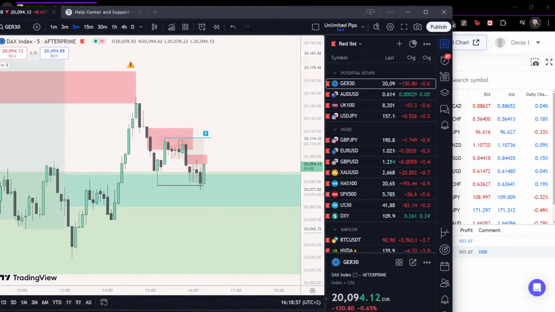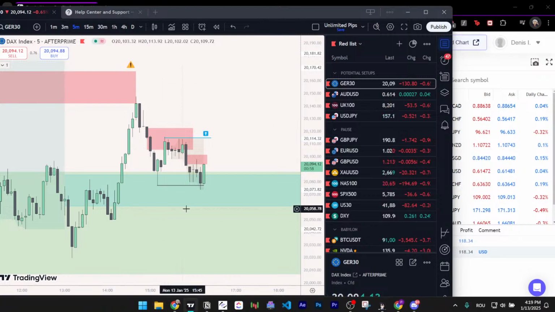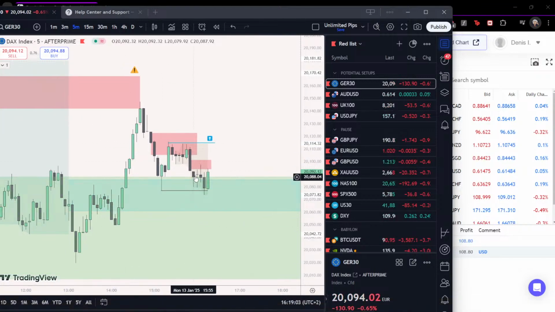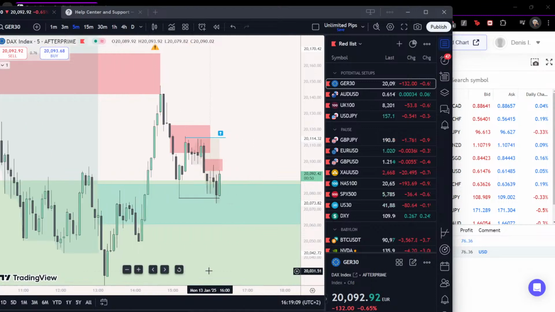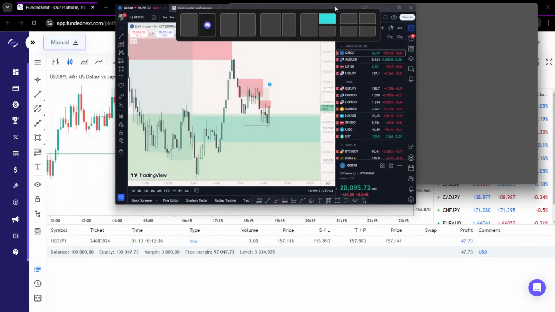DAX is breaking, so we might actually take this. This is going to be taken on my funded account if it breaks. It has a decent high from here with some liquidity. I mean, it's just an update. I talked about this trade earlier, so now all we're watching is price breaking this high here, and we are kind of free to take our entry.